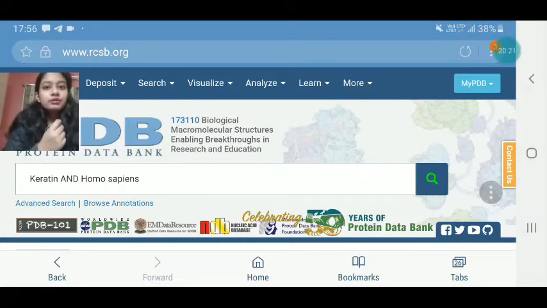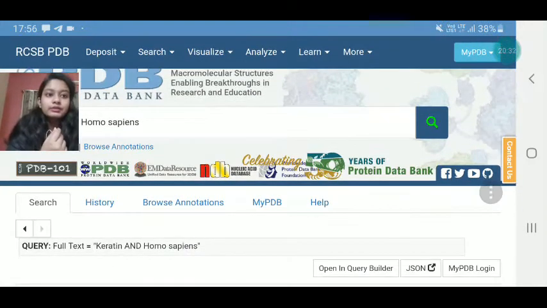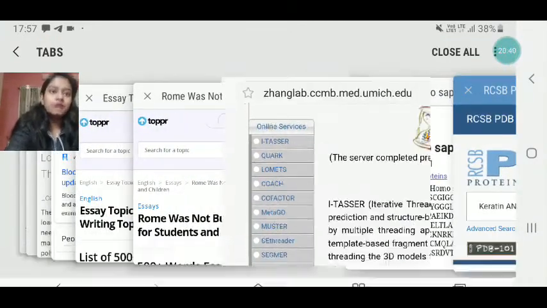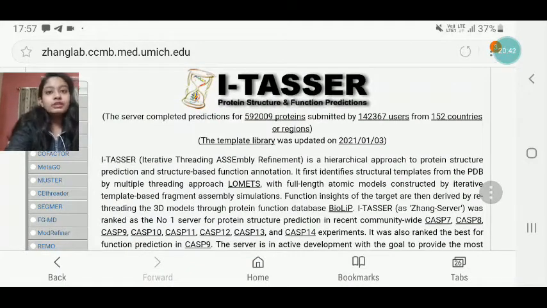Or else you can do it one more way, which takes a bit of time, but I will show you that in this way also you can do it. I'll be using another kind of database. It's a type of software where you can predict the 3D structure of a protein, called I-TASSER. Now at the very start of this experiment, I told you that I have copied the sequence.